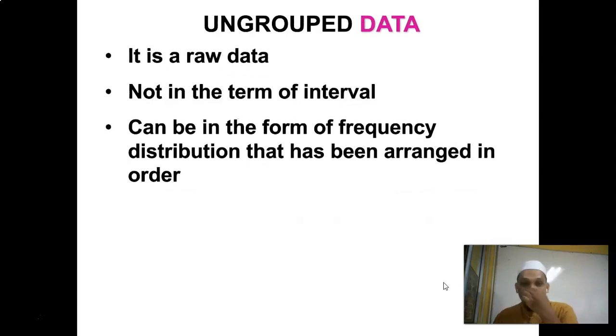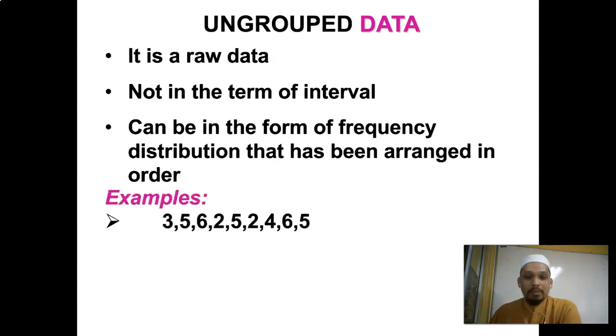Okay. So then we classify. For the first one here, we call it ungrouped data, which is raw data not in terms of intervals, and can be in the form of a frequency distribution that has been arranged in order. For example, here 1, 2, 3, 4, 5, 6, 7, 8, 9. I got 9 students